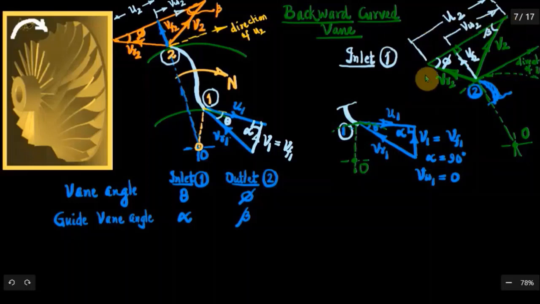And let me consider this case also, the outlet velocity triangle. See, the outlet tip is curved backward, so the air coming out of the impeller blade will take this path. It is tangential to the blade surface, not the circle, tangential to the blade surface at the point 2. So this is VR2. And what about the direction of U2?